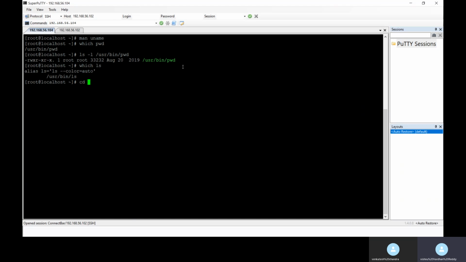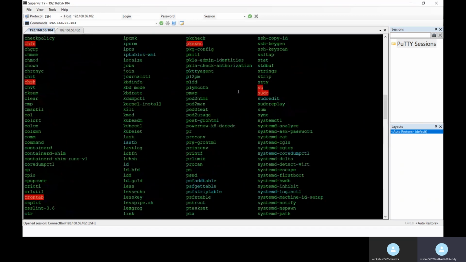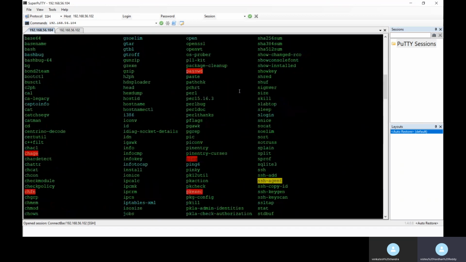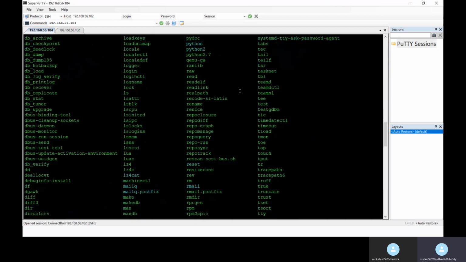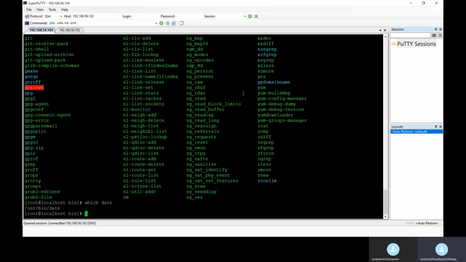If you want to check how many system command files we have in our system, we can go to the /usr/bin folder. There you can run ls, and all the command files will be displayed.